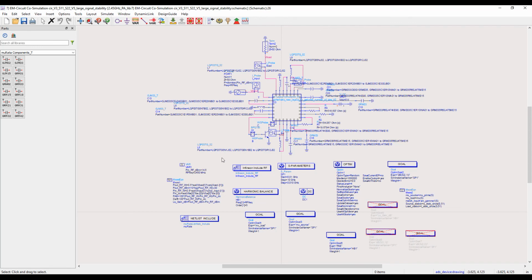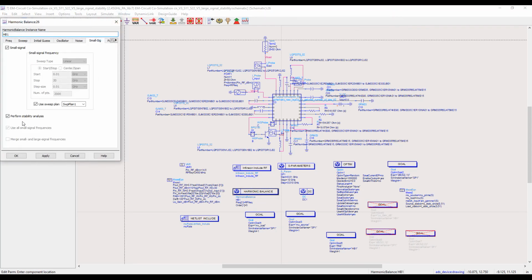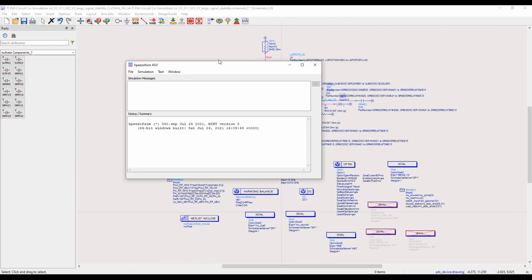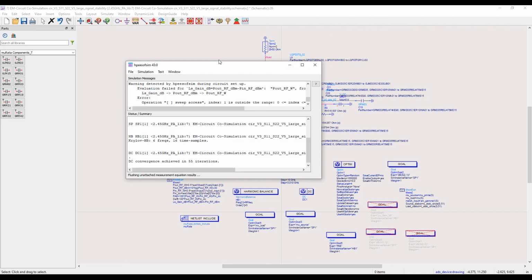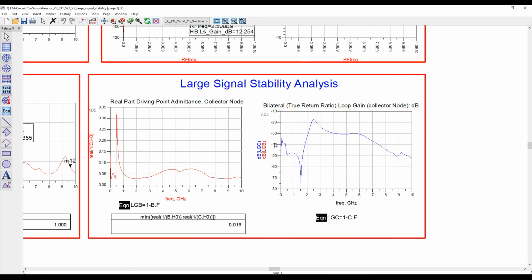This template is just to do the large signal stability analysis and the perform stability analysis is enabled here. The large signal stability analysis indicates the circuit is stable.